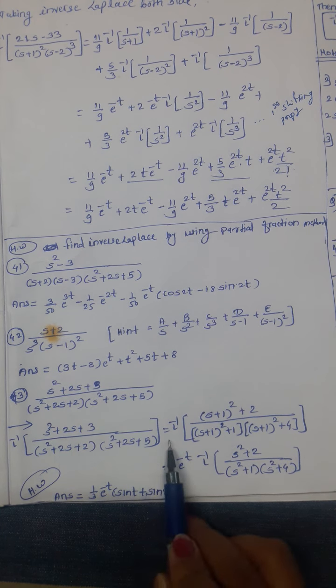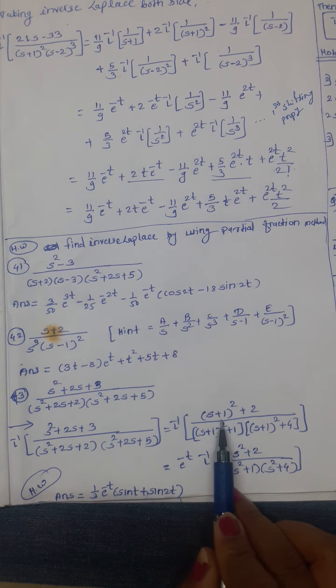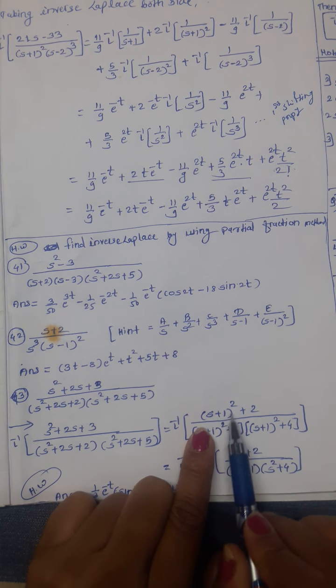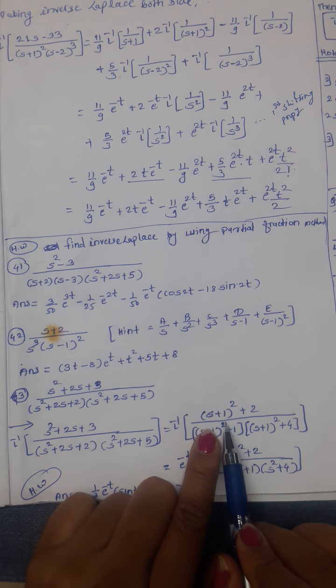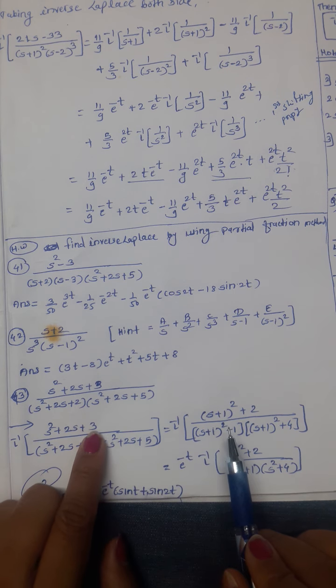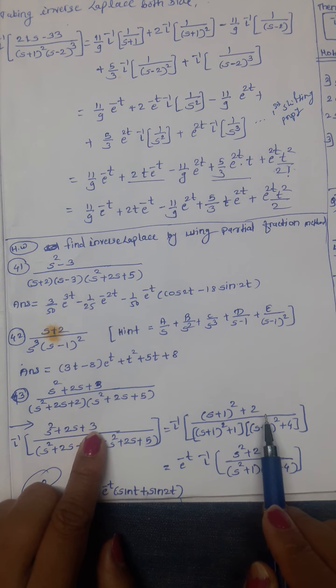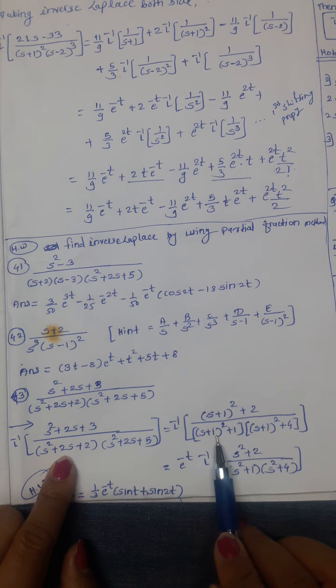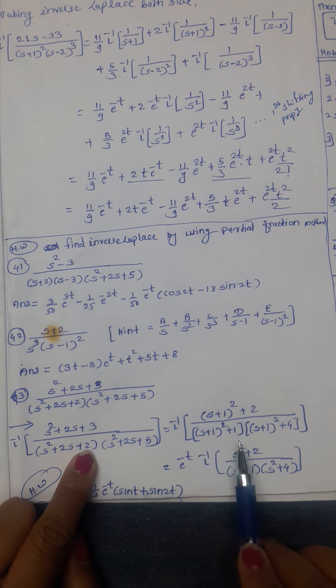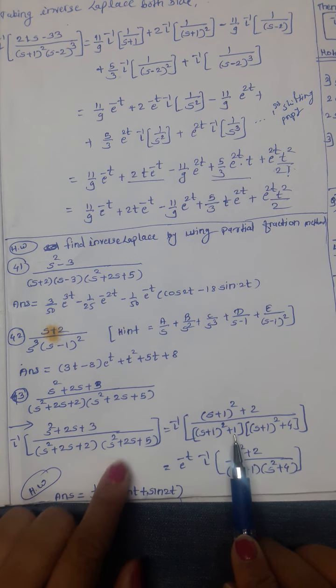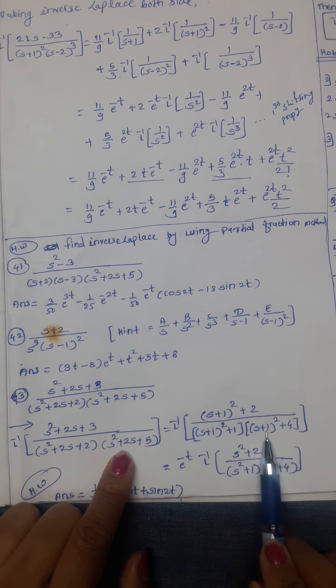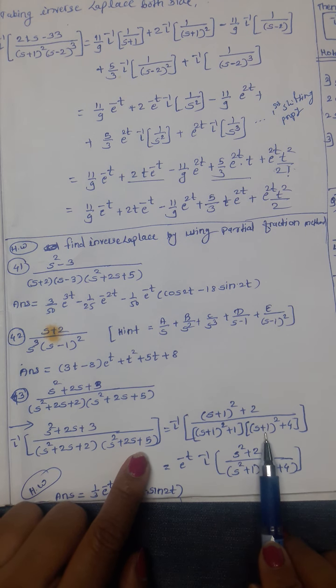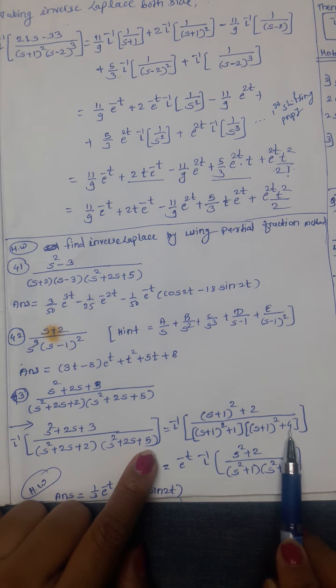This is L inverse. This is first s plus 1 bracket square. Now expand this: s square plus 2s plus 1, we take extra. That's why we have to subtract that plus 1 from the remaining number, 3 minus 1, 2. Here also, this is s plus 1 bracket square. Expand this: s square plus 2s plus 1, we take extra. We have to subtract from 2. We get 2 minus 1, that is 1. Here again s plus 1 square can be adjusted. Expand this: s square plus 2s plus 1, we take extra. We have to subtract that from 5. That is 5 minus 1, that is 4.